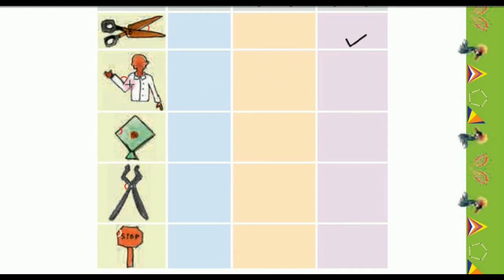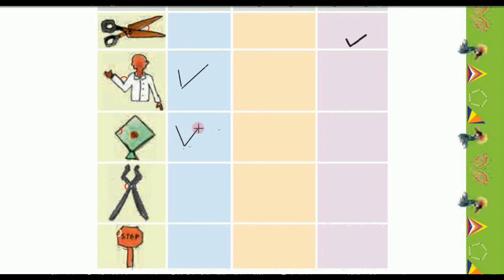Then second one, here the angle marked with red color in the arm. So this is also forming an L shape. So it is a right angle. Now the angle formed with the side of a kite. This is also forming an L shape. So it is a right angle.